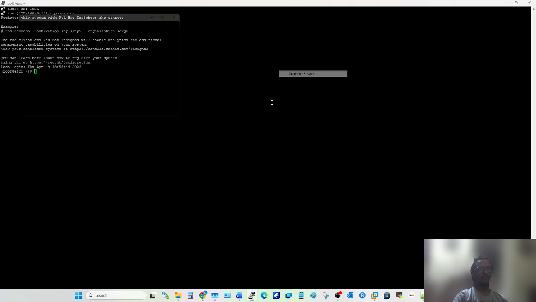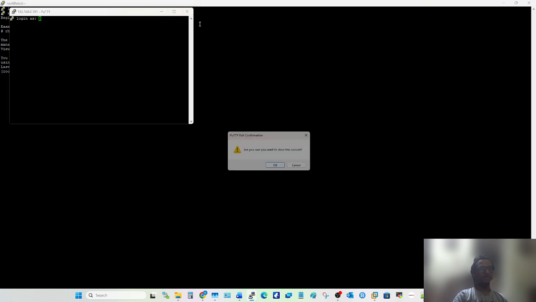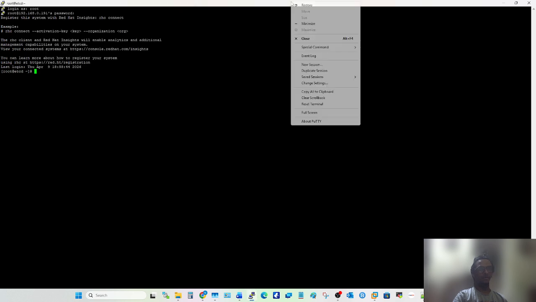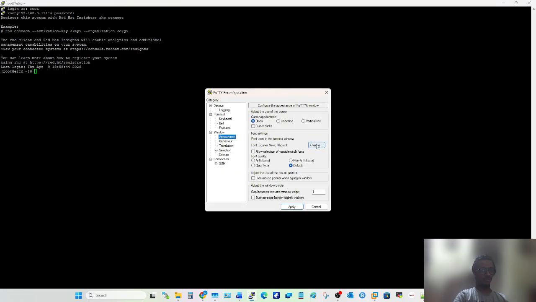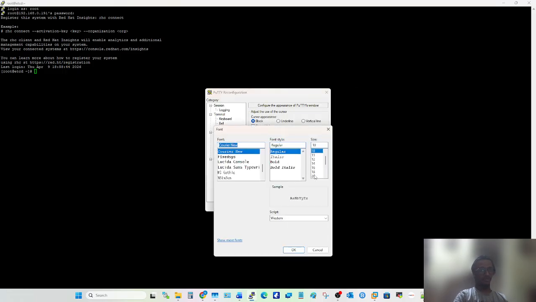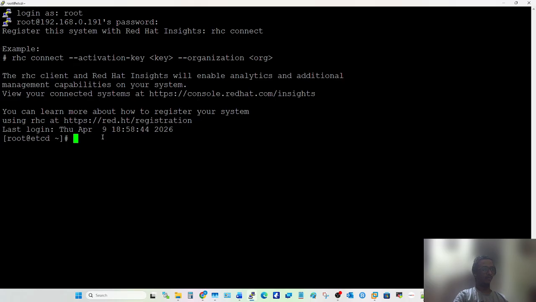The username and password you will configure during the installation of the operating system. Let me change the font for you because this font is very small. Now you might see this properly.